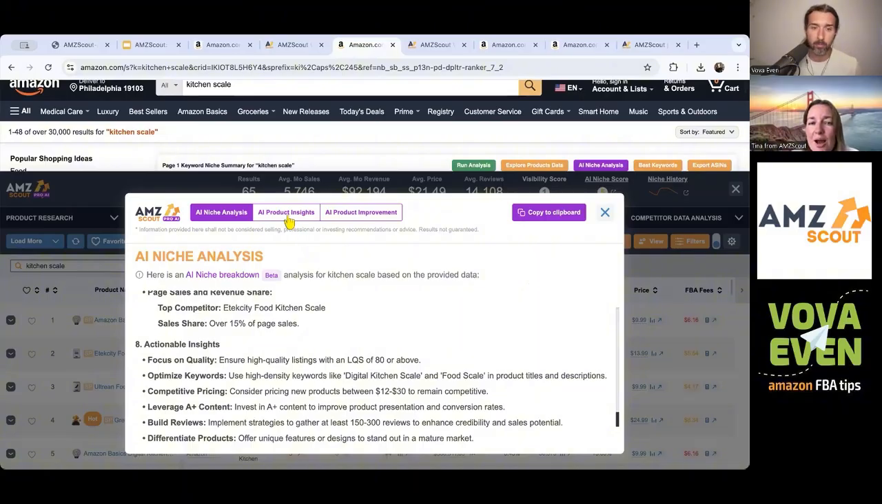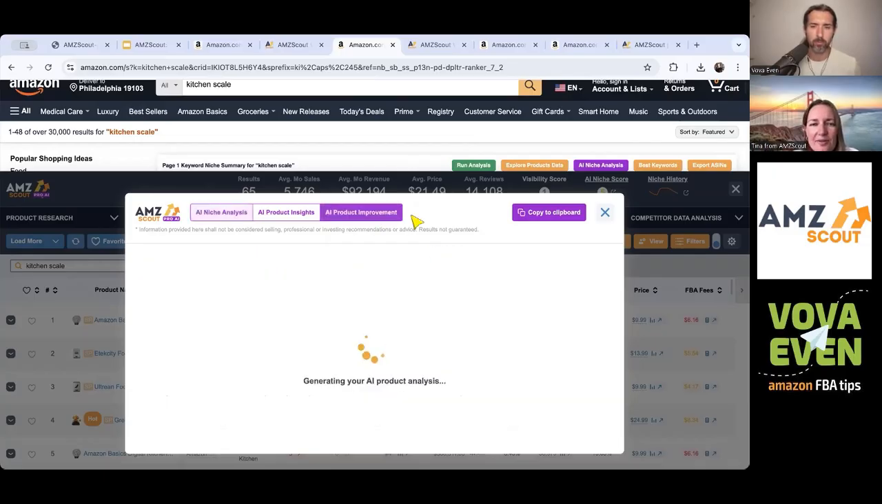We also have the AI product insights that does pretty much a similar thing, but just for a product. I'm not on a product right now. I won't click it. An AI product improvement. It improves. I'll open it on some product probably later. It gives ideas for product improvement. I think it will give ideas just for the first product in organic results in this